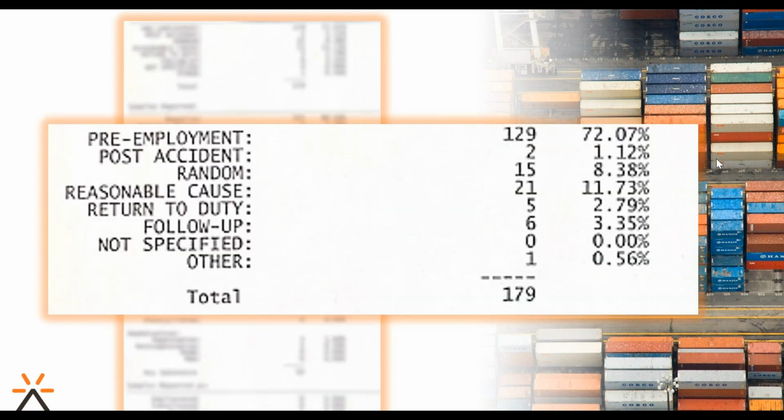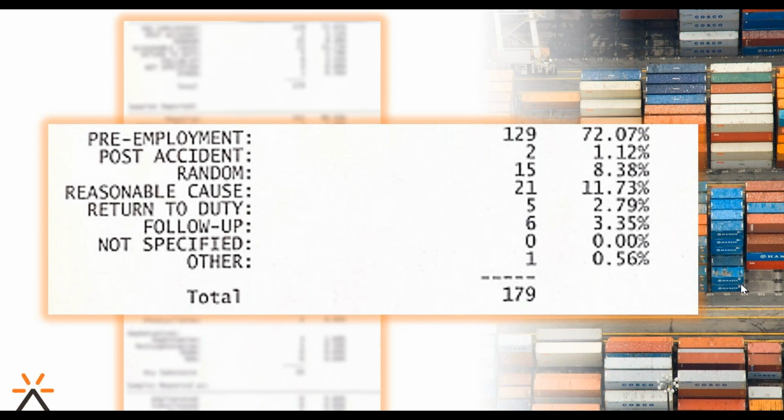But it's really important to take a look at this as an overall look of your program. First of all, here's a look at our pre-employment testing and just a snapshot of all of the testing events that we did. Here, I did 129 pre-employment, 2 post-accident, 15 randoms, 21 reasonable cause, 5 return to duty, and so on and so forth. Let's just say that you are an FRA company and you look at this and go,